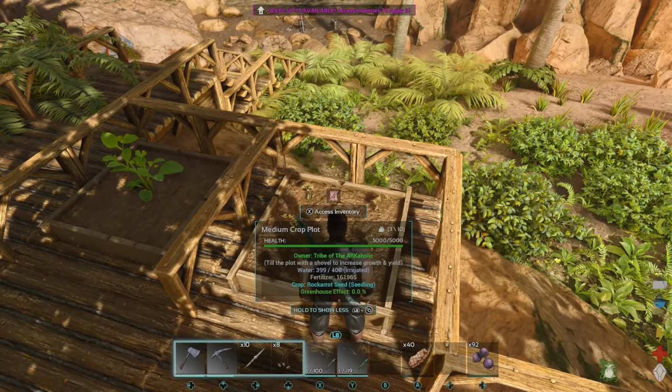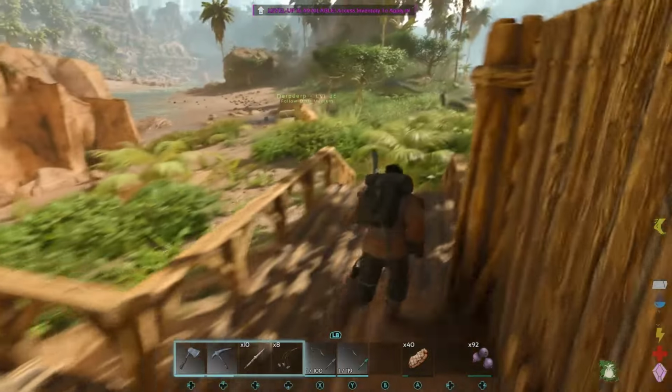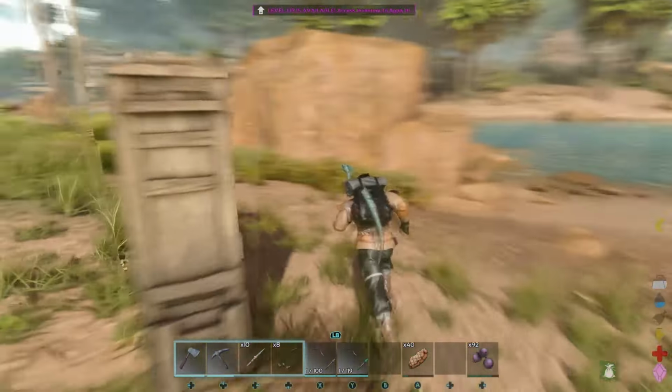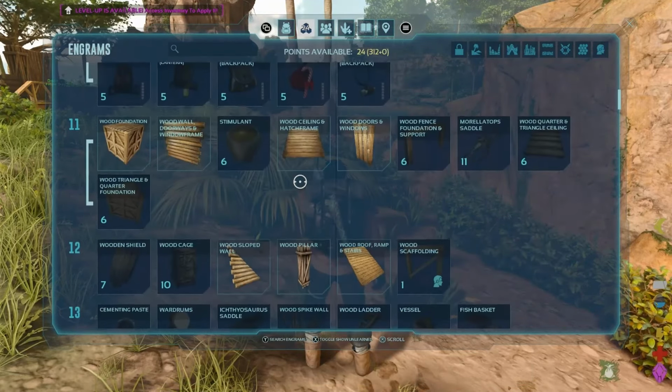Now, we can till the plot with a shovel to increase the growth and yield. This is something I definitely want to do. Now, this, of course, comes with Bob's Tall Tales, so just keep that in mind and everything. Raft is over here. Do we have that unlocked, though? Did I unlock the...